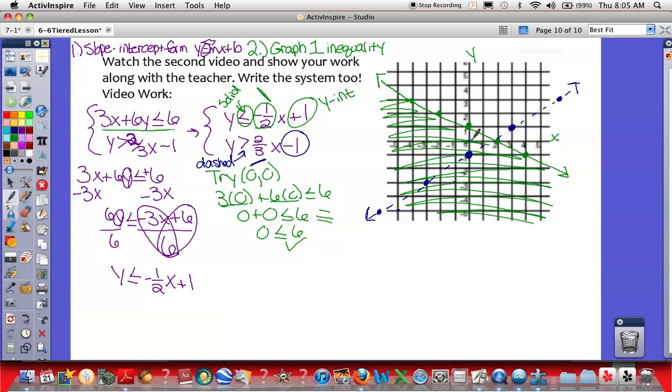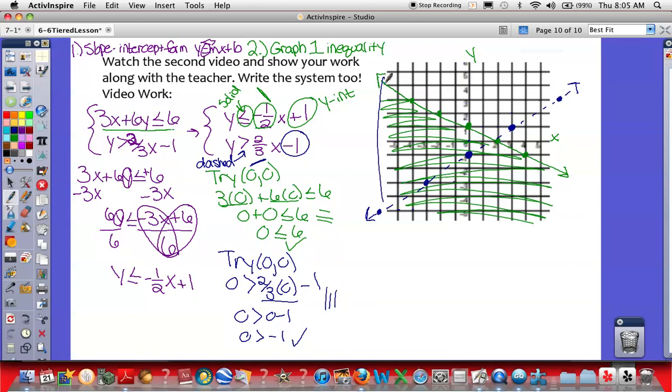Again, 0, 0 is not on there, so let's try that again. Plug it in. Is 0 greater than 2/3 times 0 minus 1? 2/3 times 0 is 0. Is 0 greater than 0 minus 1? Is 0 greater than negative 1? Better believe it. So we're going to shade everything, and if you did horizontal here, I would do vertical lines here. Everything above